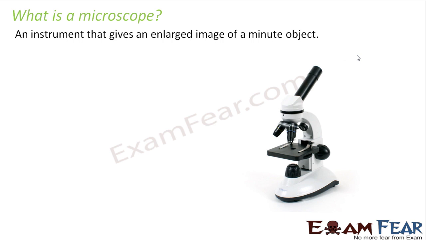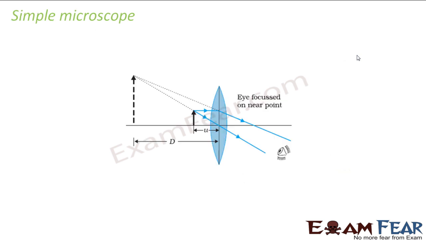Even inside the microscope, there is nothing but a combination of lenses. Some lens is there inside the microscope which magnifies the image to that extent. Now there are two types of microscopes. One is a simple microscope and the other one is a compound microscope. Now we will discuss the simple microscope, and then we will see why the simple microscope was not enough, or why there was a need for another advanced microscope which was known as the compound microscope. So let us start with the simple microscope.